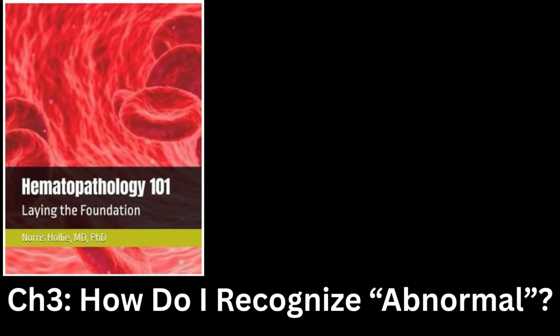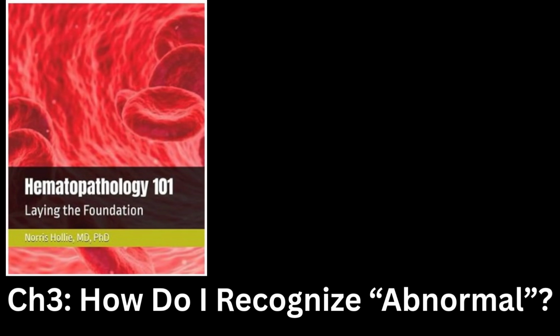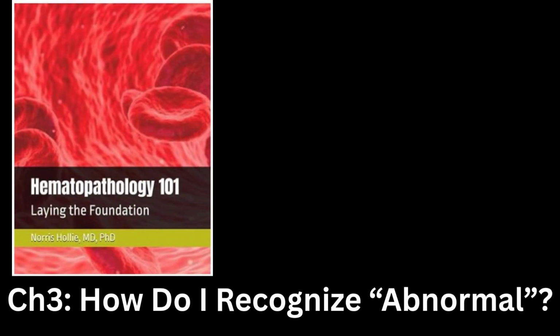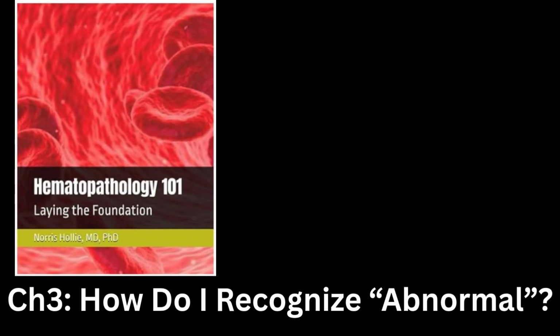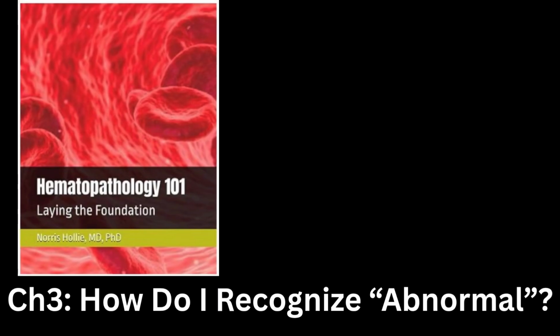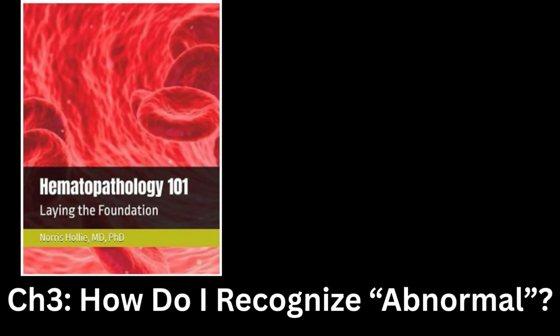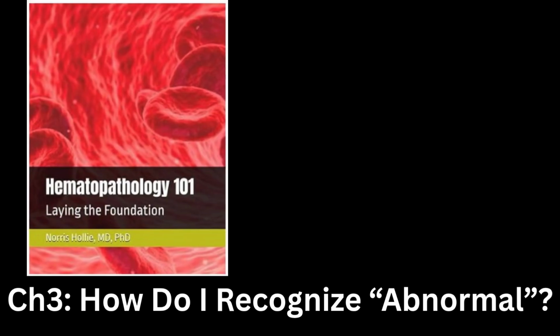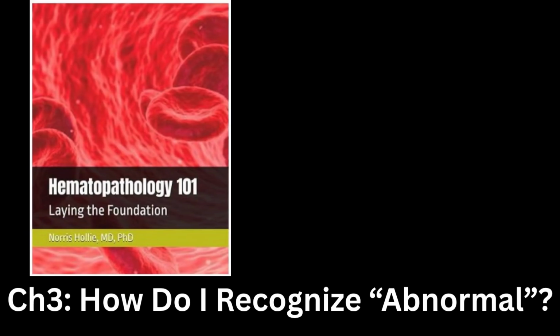How do I identify abnormal? One of the key functions of the pathologist is to identify abnormalities, or when things go wrong in a specimen. In hematopathology, things can go wrong in many different ways. Nevertheless, the most basic concept is that there is too much of something, either from too much proliferation, too little